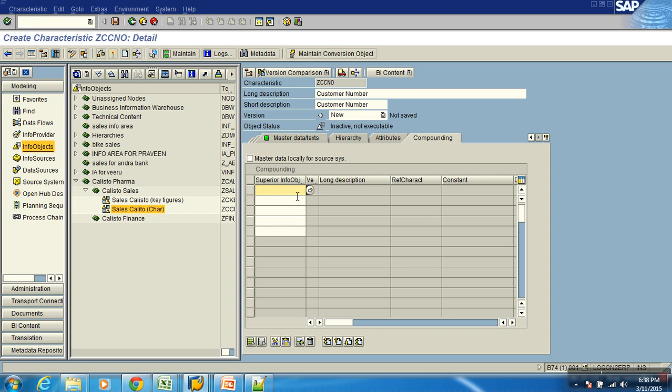Because when do you use these scenarios? Let's say I've got two plants, P1, P2. And let's say in P1 I've got three materials, M1, M2, M3. And in P2 also I've got M1, M2, M3. If I don't consider plant and if I load the six materials to my master data, how many materials do you see?